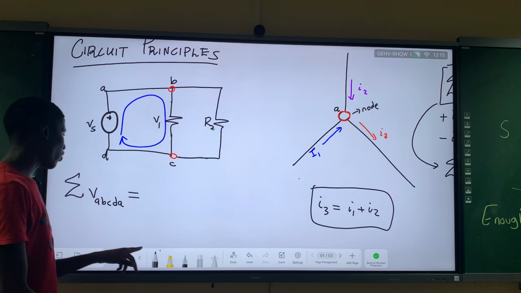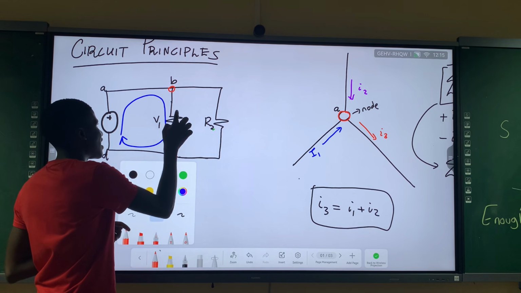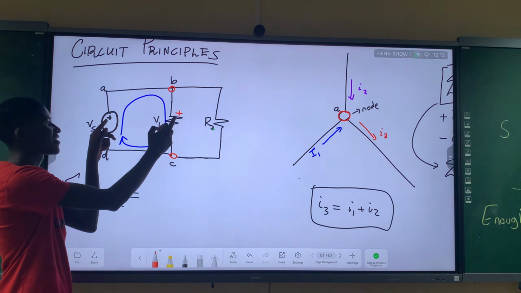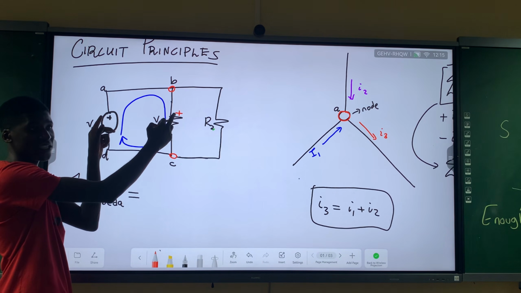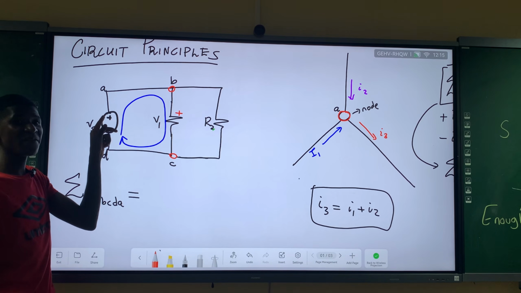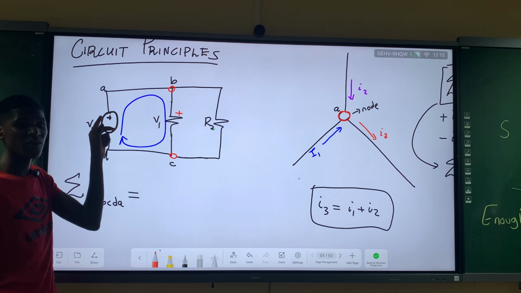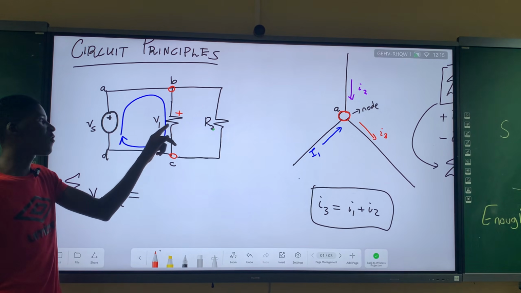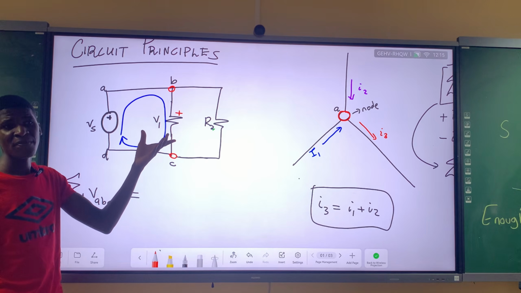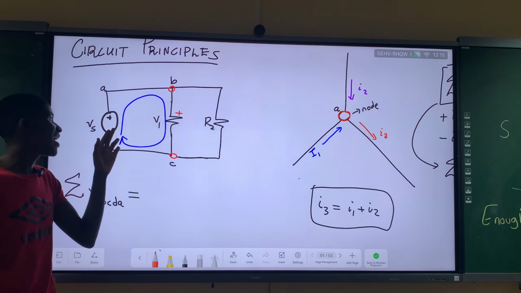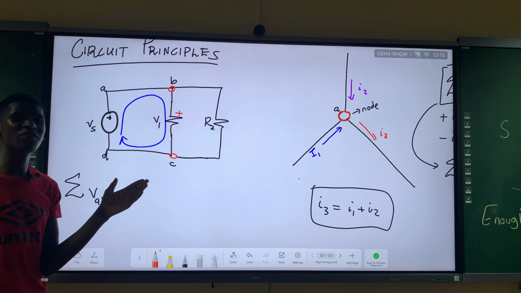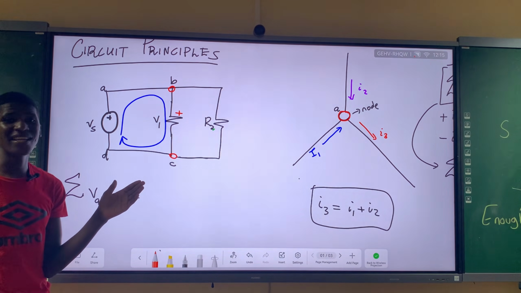So for your resistor here, the positive part of the resistor must be here. So the positive of the resistor must go with what? With the positive of the voltage source. You can never have a scenario whereby here is the positive of the voltage source, and then here your resistor's positive is on the other side. No, your component will blow up, because remember guys that when you are connecting a component, you connect positive to positive, negative to negative.